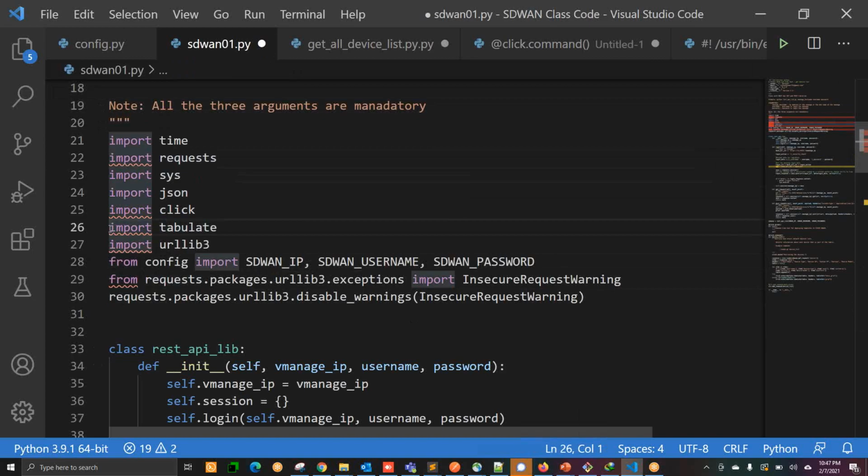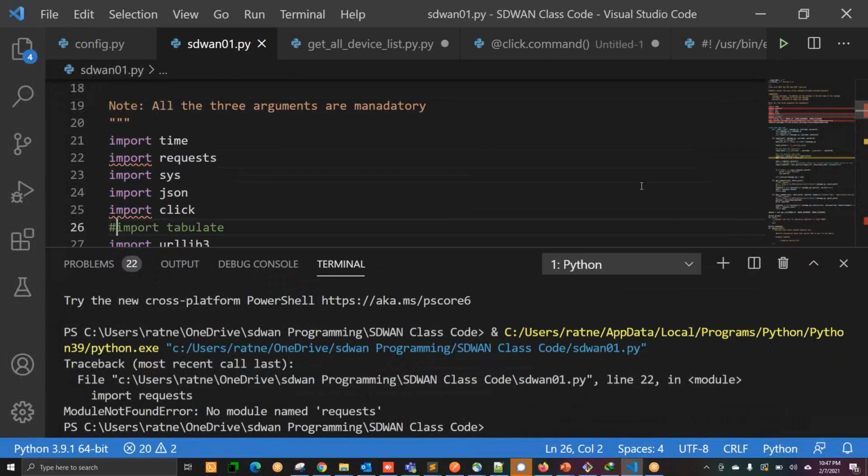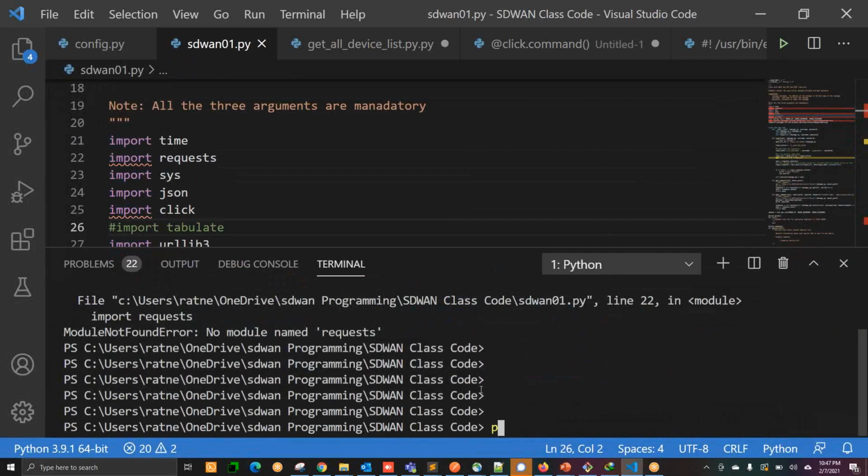and if I go here, oops, sorry for that. If I go here and comment this, let me comment this. I'll save this, and suppose I go and run this, no module name request. So I'm getting one. Okay, let me try to run this manually. So I can go to Python, and then my program name is sdvan01, and then I'll use help.